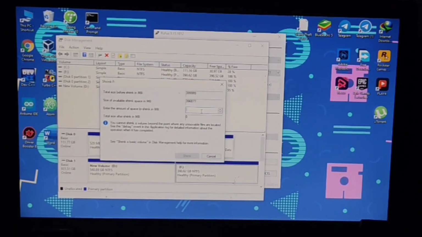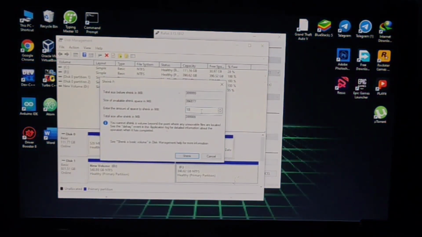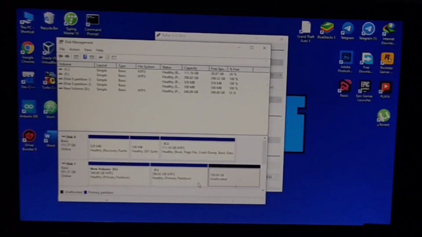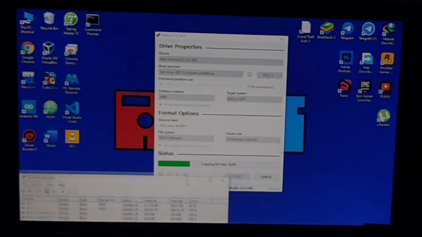For 100 GB, 1024 and then 00 is 100 GB. Here in MB we know that 1 GB is 1024 MB. I'll shrink that. There is an unallocated volume. In this volume we install Kali Linux.